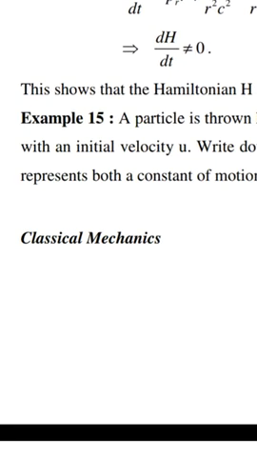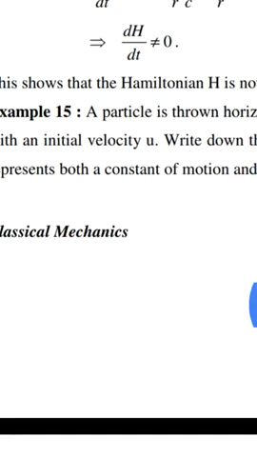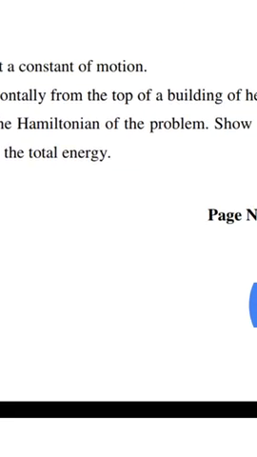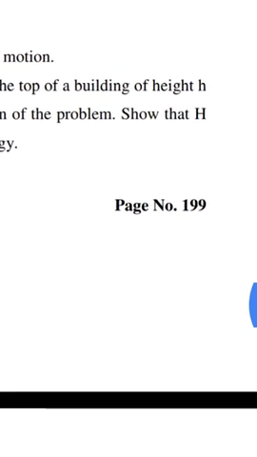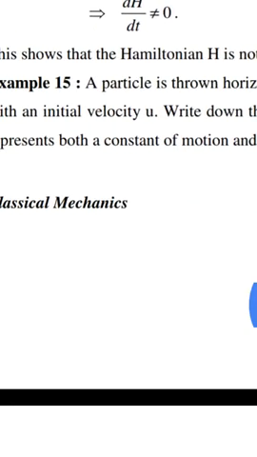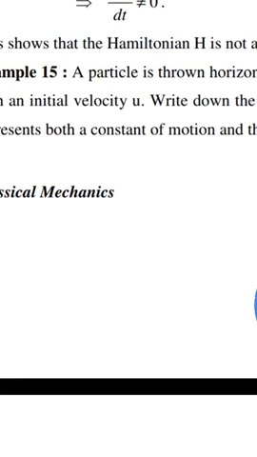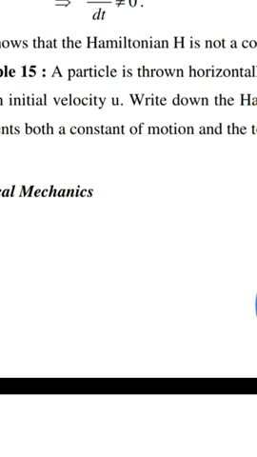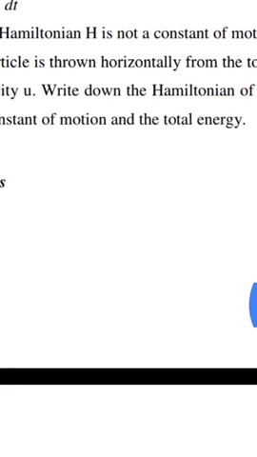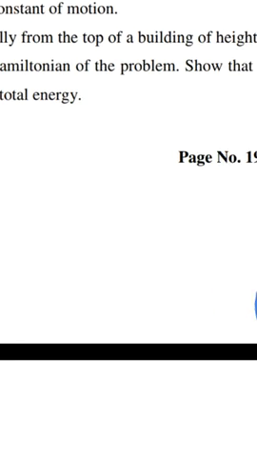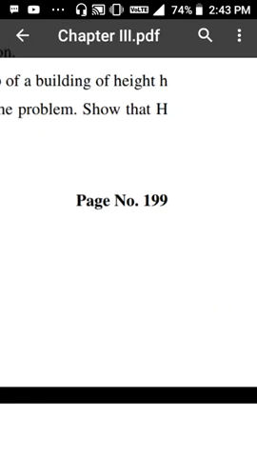Example 15. A particle is thrown horizontally from the top of a building of height h with an initial velocity u. Write down the Hamiltonian of the problem. Show that H